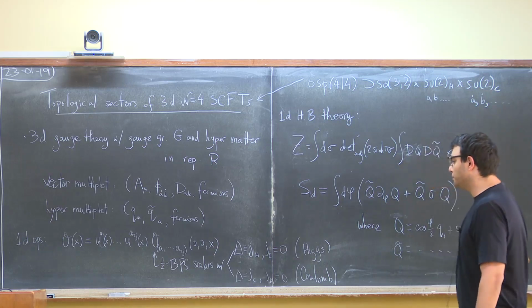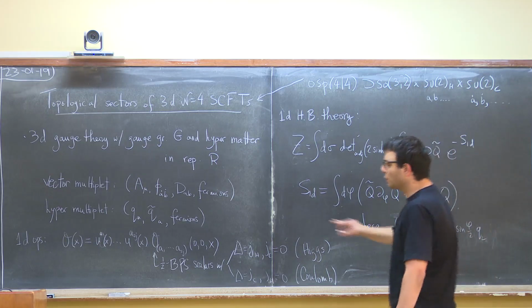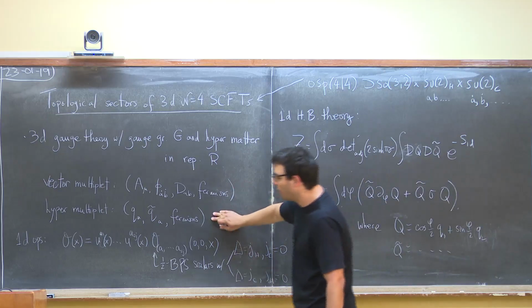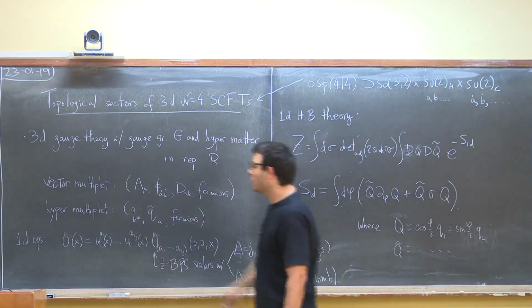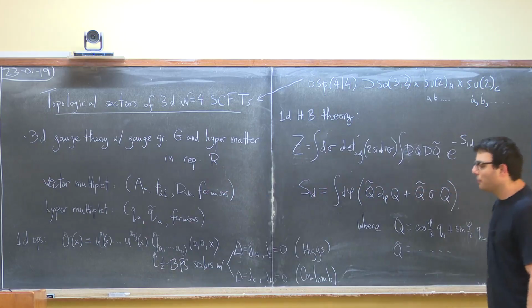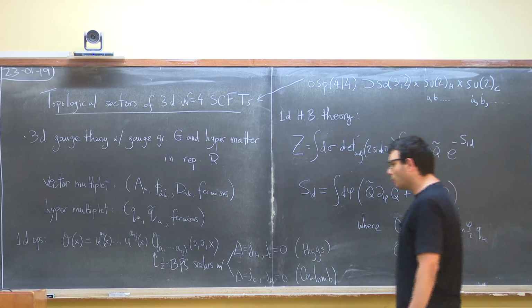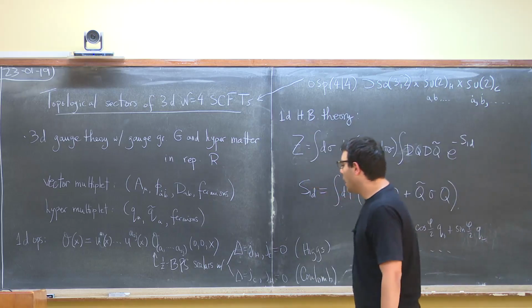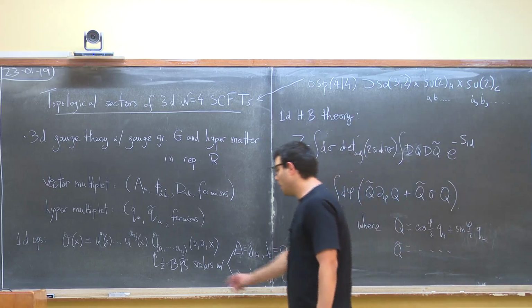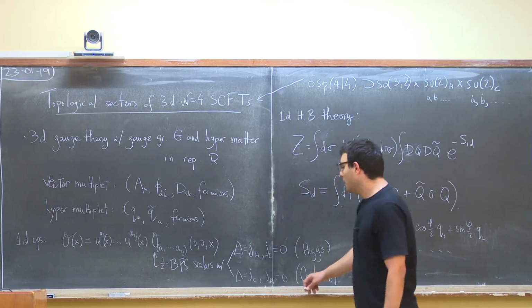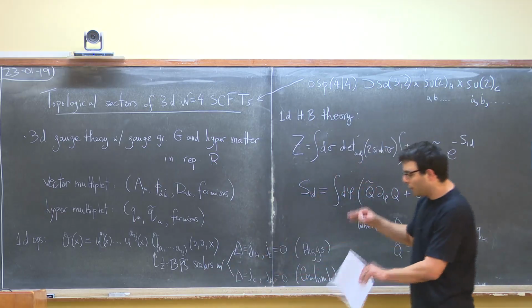The 1D operators that are topological: the vector multiplet has this field content, and the hypermultiplet has some scalars that I'm going to write as Q_A and Q̃_A. The 1D operators are constructed in flat space by starting with half-BPS scalars that are of one of